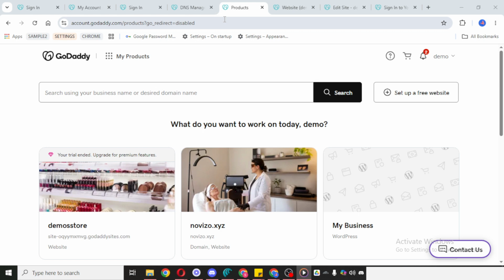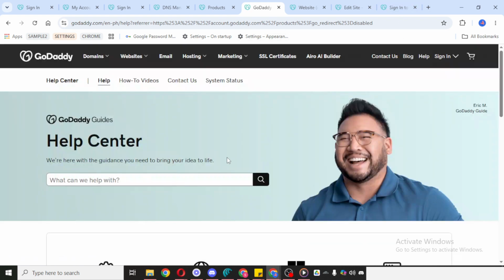Once you're inside your account, take a moment to look at the top area of the page, because that's where you'll usually find the main navigation options you need. From there, click on the Help Center at the top. This section is designed to guide users towards support resources, answers to common questions, and direct ways to get in touch with customer service. If you're not sure exactly where to go at first, don't worry. The Help Center is the right place to start because it brings everything together in one area and helps you move toward the support option for your issue.